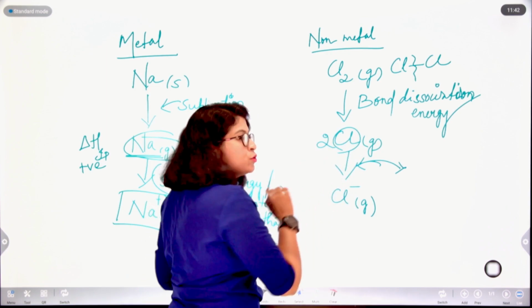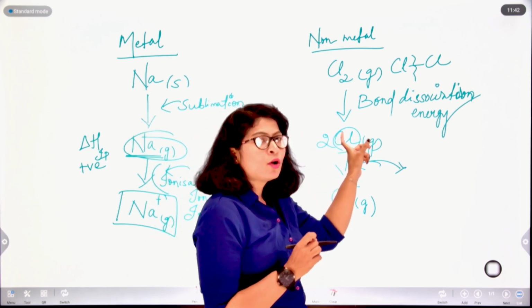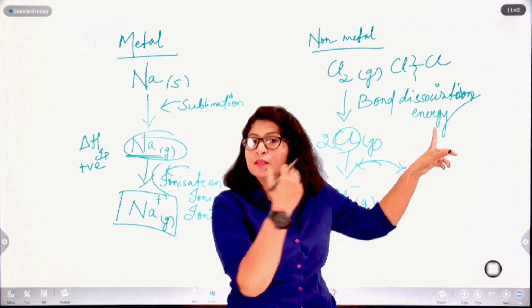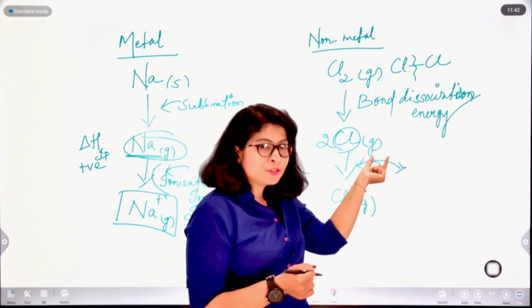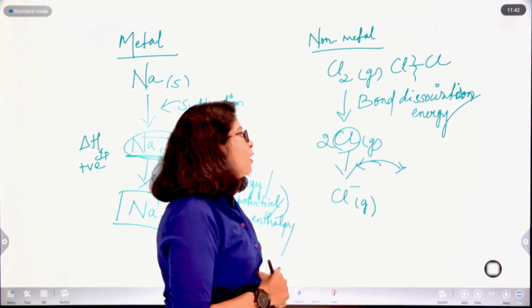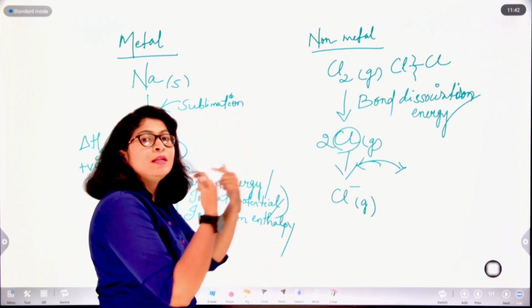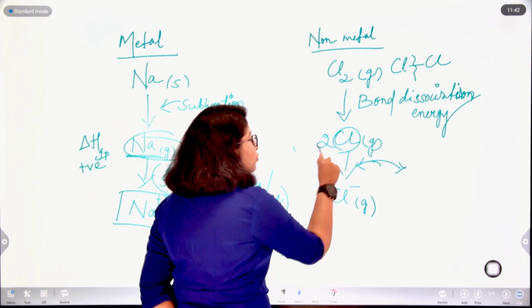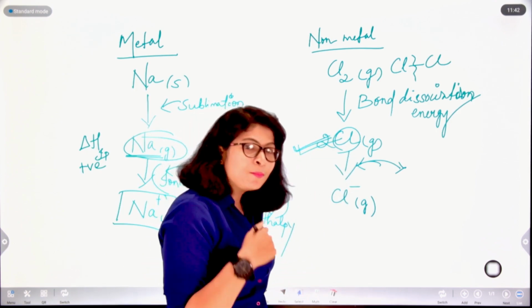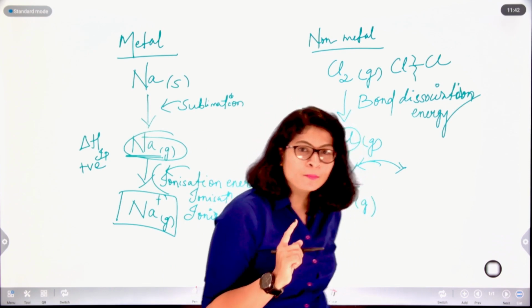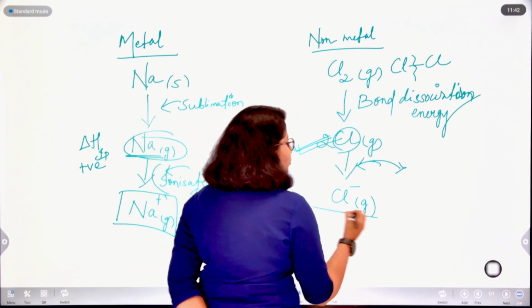Neutral because there is no charge, isolated because it is not bonded to any other atom. Obviously it is in gaseous state, so gaseous atom. The amount of energy released when a neutral isolated gaseous atom takes up one electron to form a negatively charged